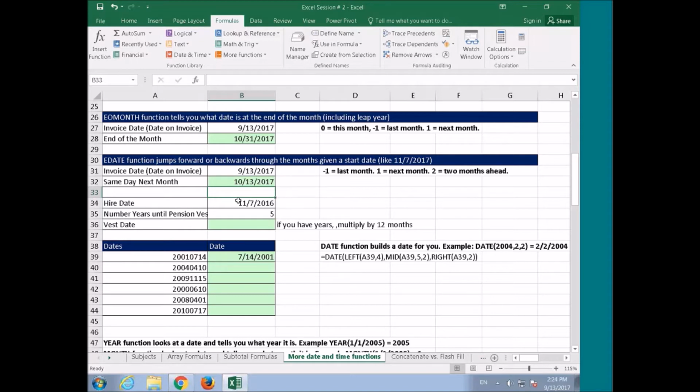So it's easy when you need to have one or two months ahead with the precise date, not the end of the month. With EDATE, you're going to be able to jump months from today's date, or whatever date I get, right? If you have, for instance,